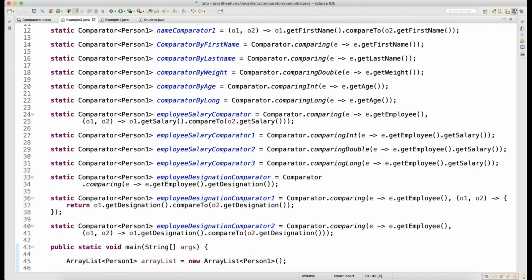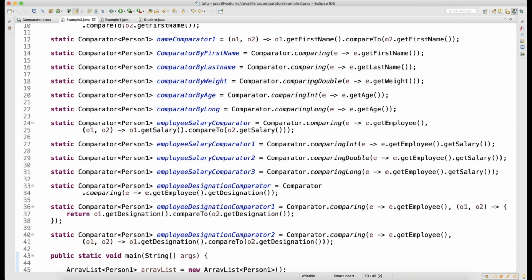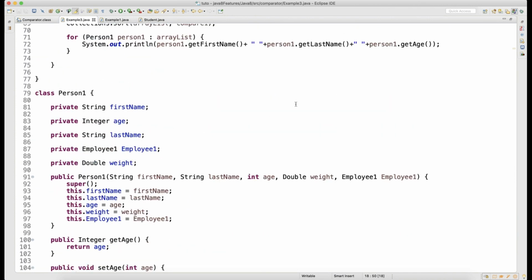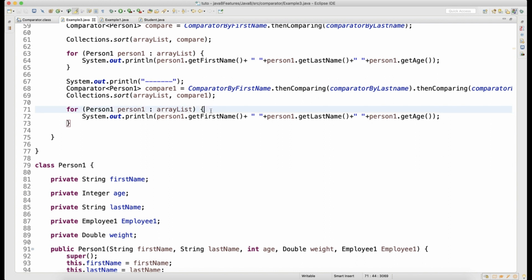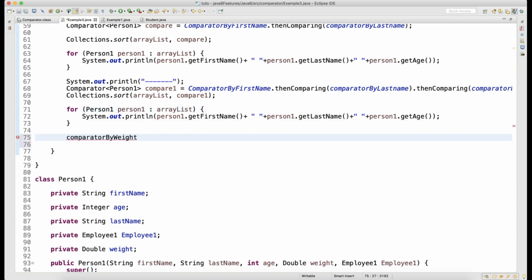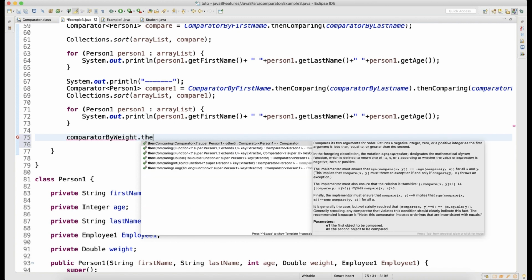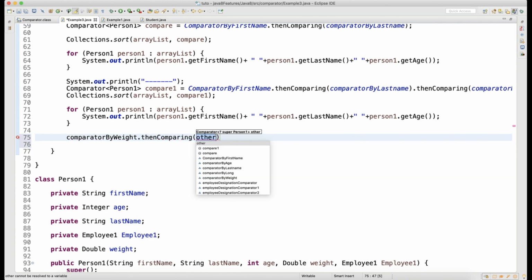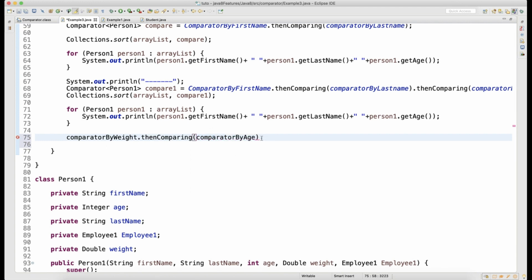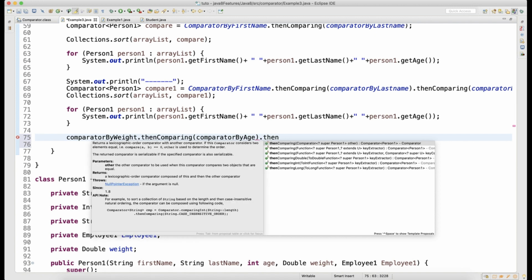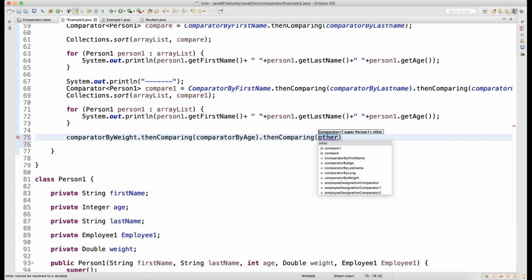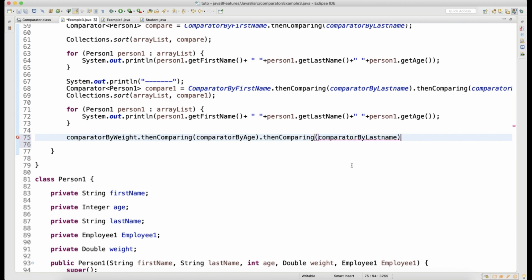So let's say when we go with comparing double, we have this comparing double, compare by weight. So with comparing double also, you can write multiple conditions, guys. You can write comparing double dot then comparing, and after comparing double you can write comparator by age dot then comparing, you can write compare by last name. So you got my point. So actually you can write multiple combinations,